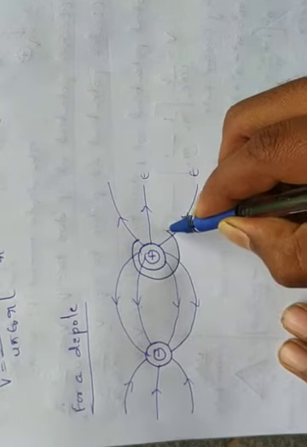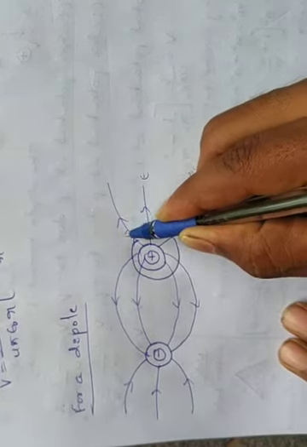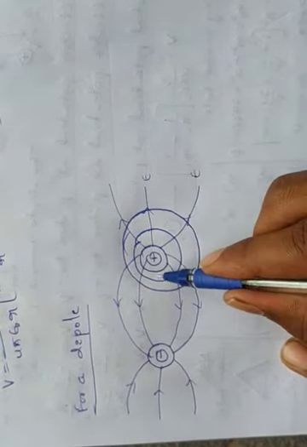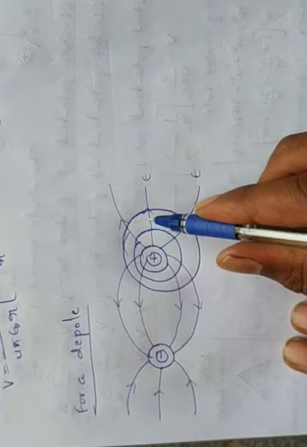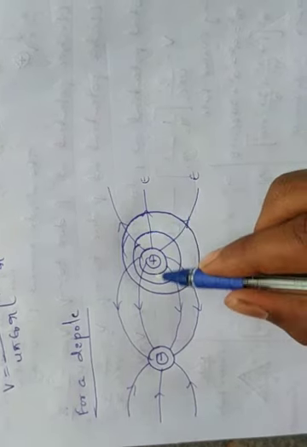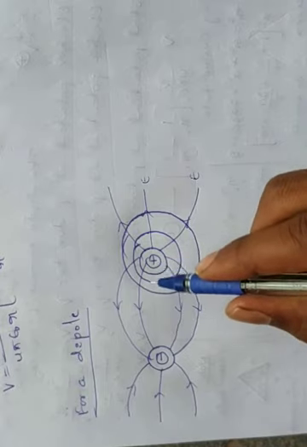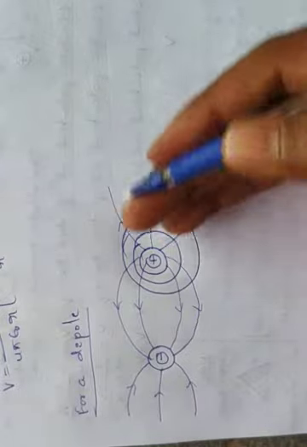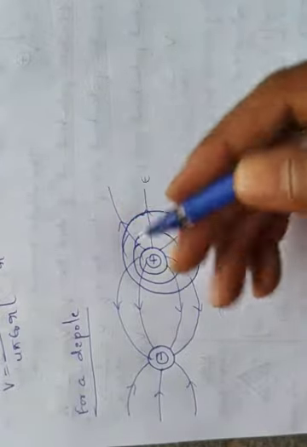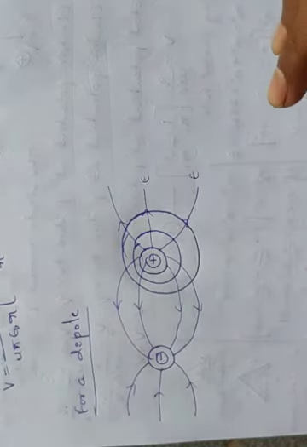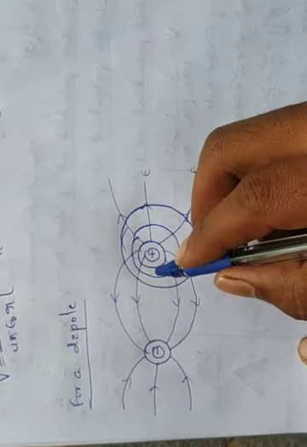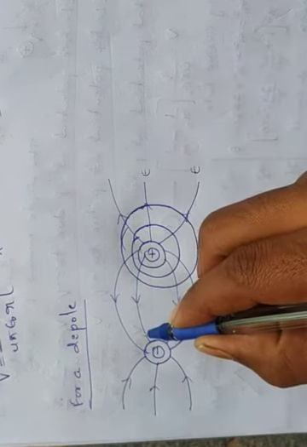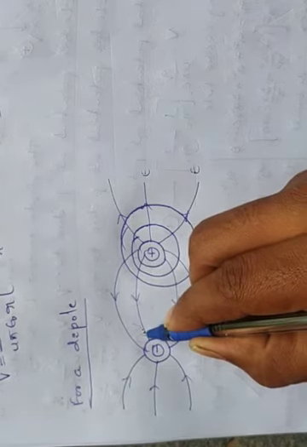Now we can draw that like this. Observe carefully here, whatever the electric field lines I am drawing. Compared to this side, here the potential is less, because here the charges are near to each other. We can observe more potential in between this. If you move away, the potential decreases because the electric field is also less. So here, compared to this, more space is there. In the same way, here also we can draw the field lines like this.